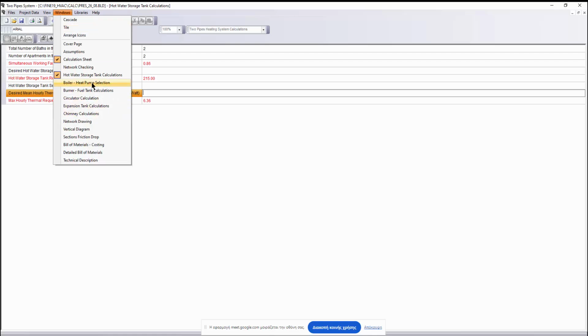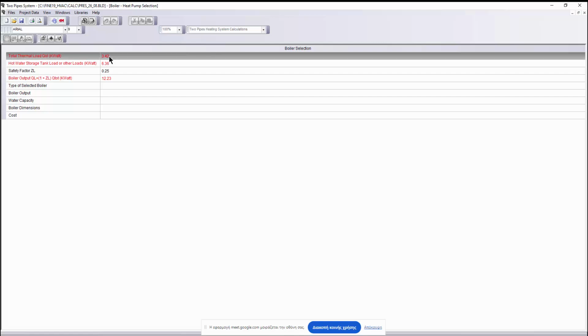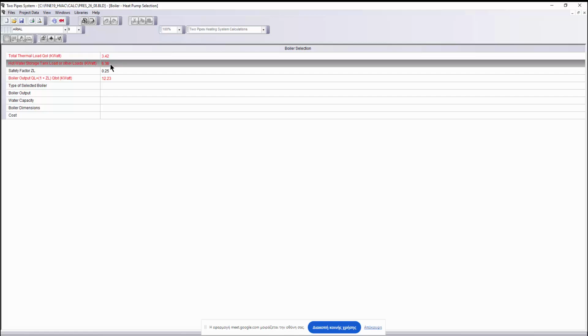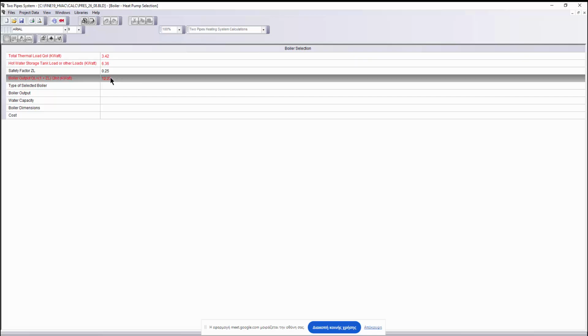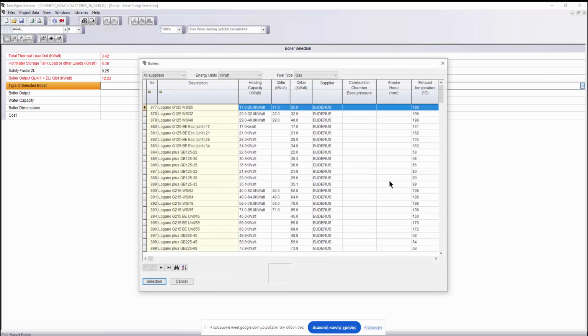We can go to the boiler heat pump calculations, where we can see that we have 3 kilowatts for the network and 6 kilowatts for the hot water. So I need to select a boiler that can have 12 kilowatts. And from the 3 dots here, I can select